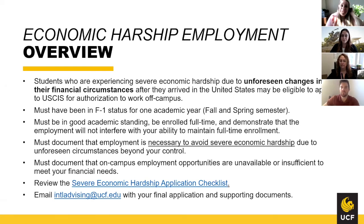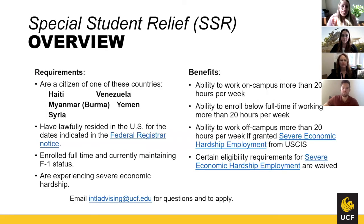And then you will submit your full application to USCIS. So this is separate. This is called Special Student Relief, or SSR. It is correlated with the severe academic hardship, but this is only for certain individuals from different countries. So if you're a citizen of Haiti, Venezuela, Myanmar, Burma, Yemen, or Syria, you would be potentially eligible to apply for the SSR benefit, but you do have to meet certain criteria for both SSR as well as severe academic